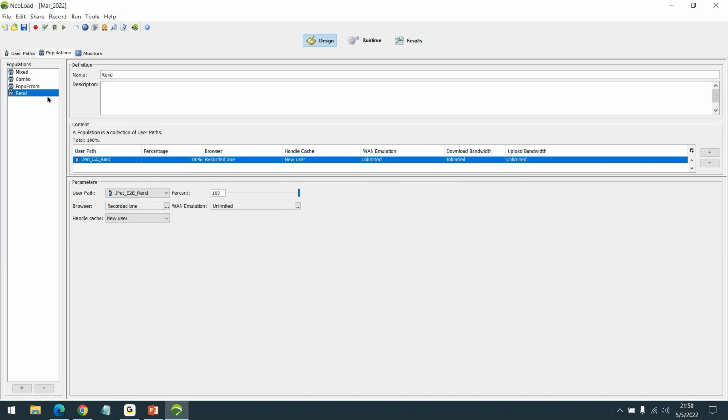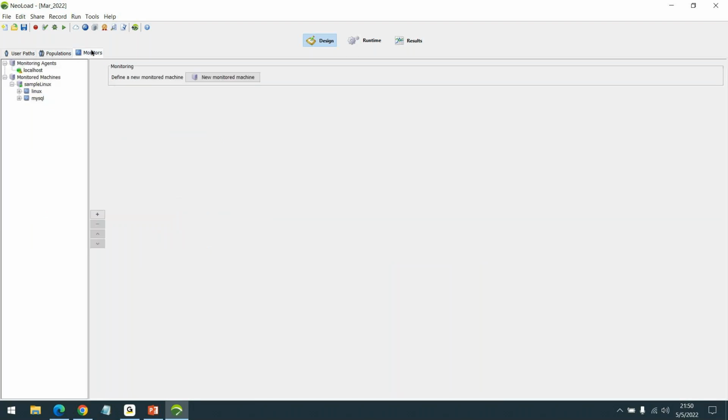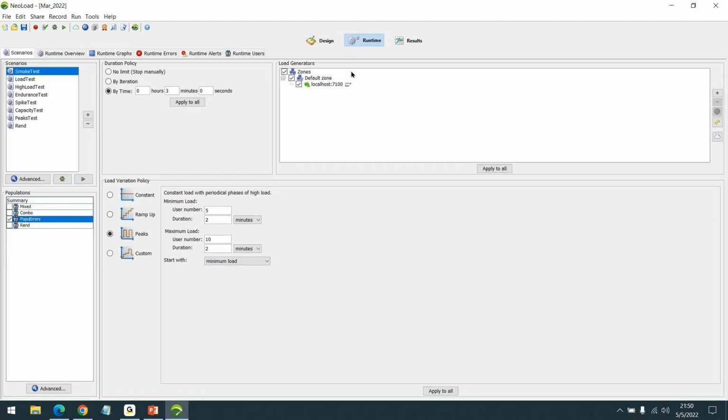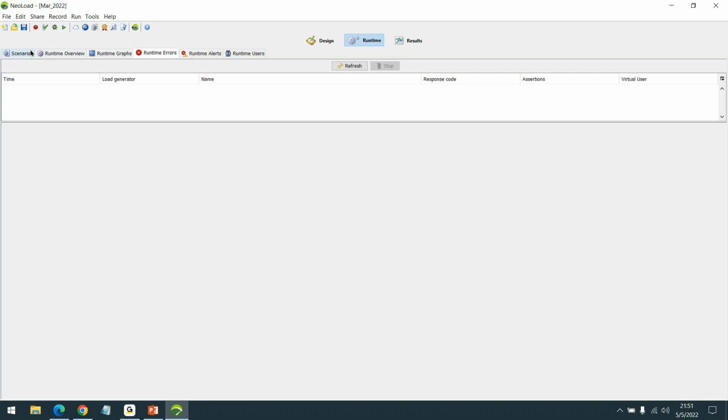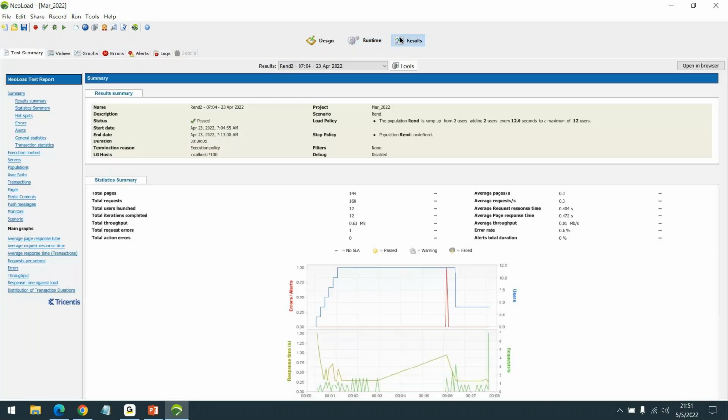We will design different populations here, then monitors, then we will move on to runtime where we will create different scenarios. We will do a few rounds of executions. We will understand different tabs and what they all do, and then we will move on to results.